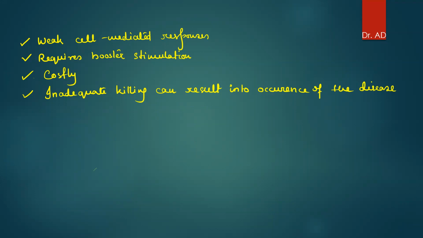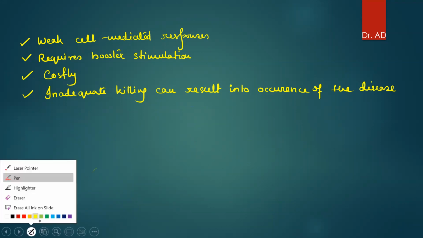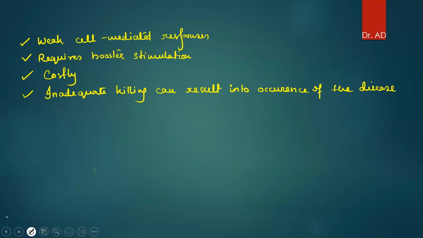So these are the few disadvantages that you should know. You cannot miss out these disadvantages. Right? Now, apart from the advantages and disadvantages, we need to know some of the very, very important examples of